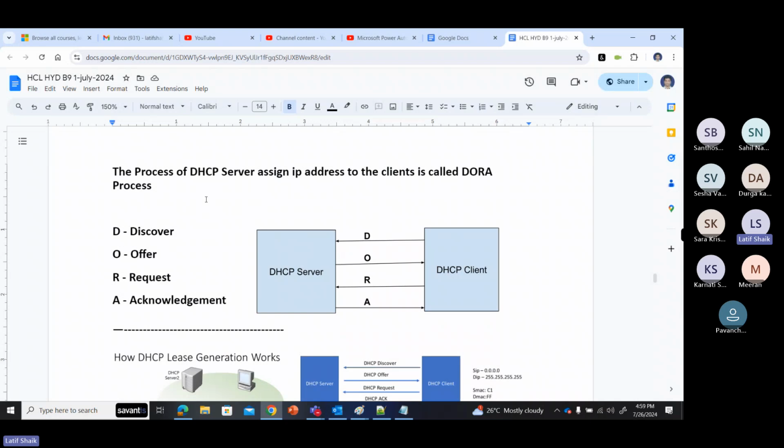The client does not have an IP address. It has to find a DHCP server. So what will that client do? The client sends a discovery packet to everyone, like a broadcast. It sends a broadcast, a packet called a discovery packet. Once this discovery packet reaches the